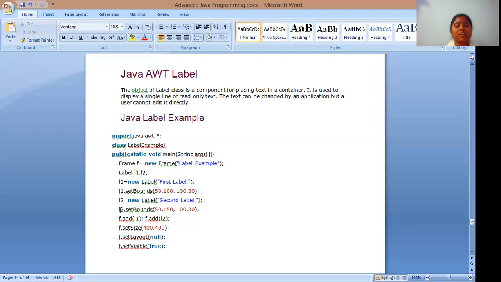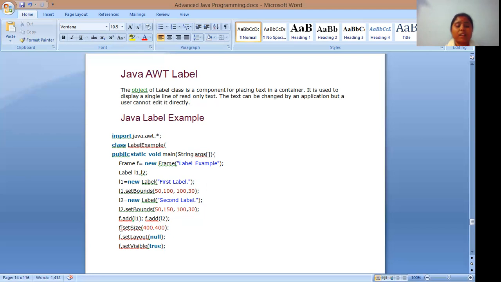Again we are calling the set bounds method for the L2 object, and we are setting the bounds value 50, 150, 100, 30, and semicolon. Now both the labels L1 and L2 we are adding to the frame F, f dot add L1 and f dot add L2, semicolon. Both the statements are different, so f dot add L1 semicolon, f dot add L2 semicolon.